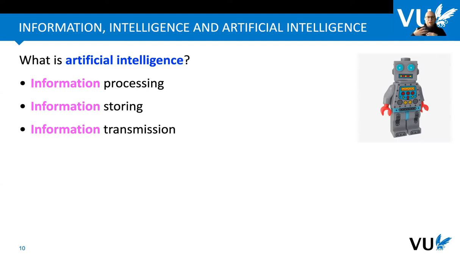It could be in physical terms, on some hard drive, or just simply conceptual. We need to somehow memorize what's going on, right? And then we have information transmission. It could be communicating with other AI systems. It could be communicating with the human operator, and so on, right? So these are the three core components. And of course,